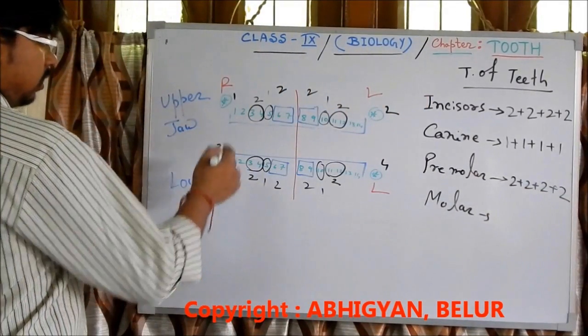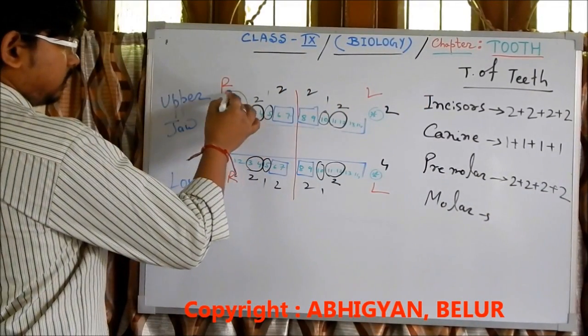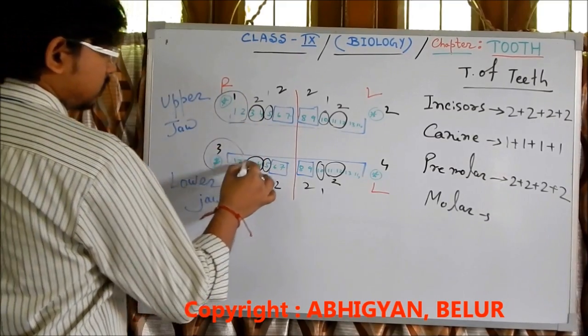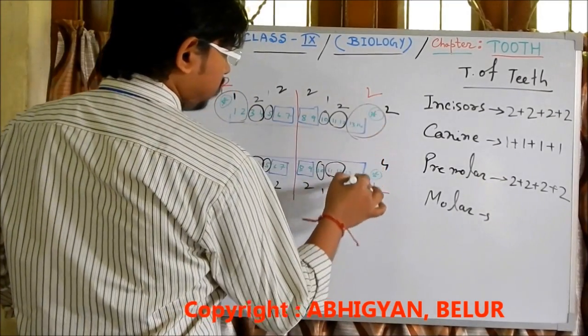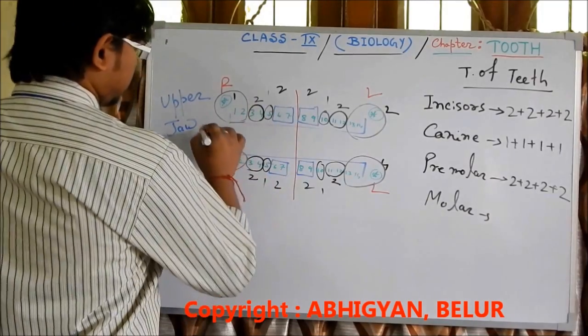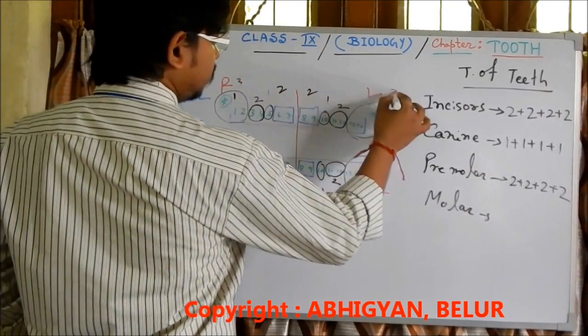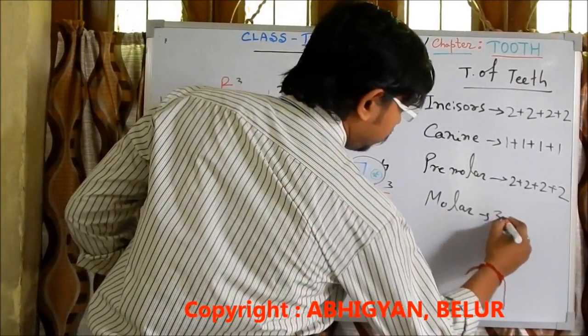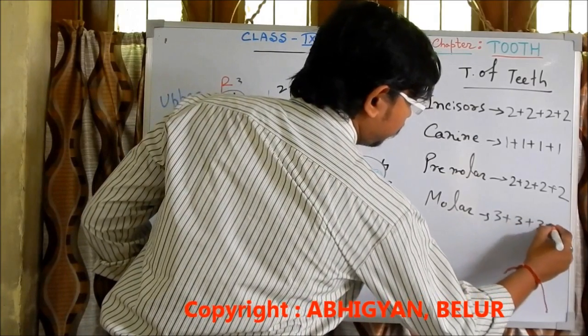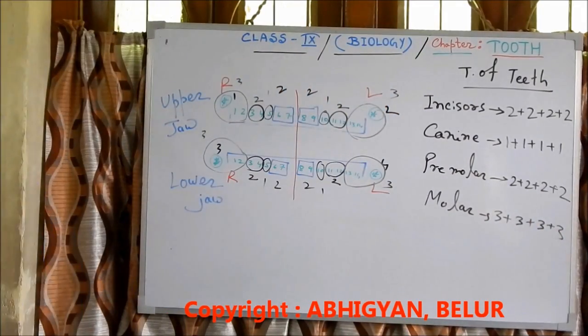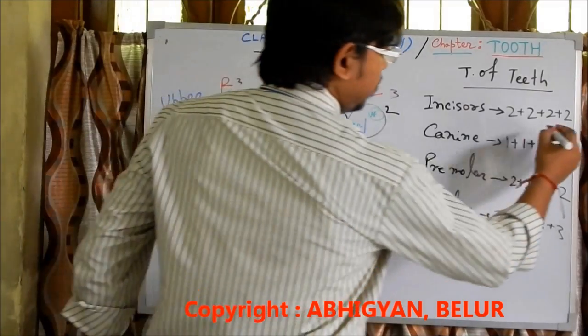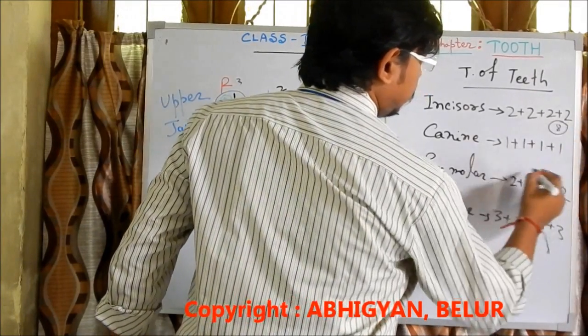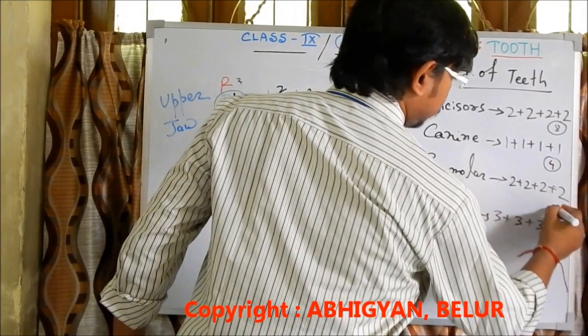Now at the last, molar. Molar is these 3, these 3, these 3, and these 3. So 3 plus 3 plus 3 plus 3. Now if you calculate how many total: incisors total 8, canines total 4, premolars total 8,